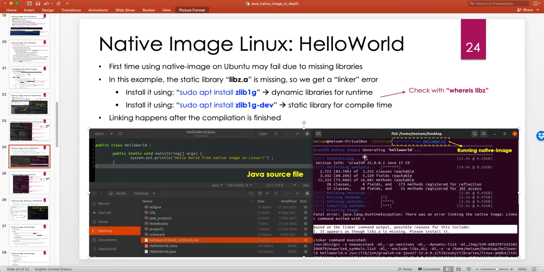As you can see, the first time I ran it, it was successful until creating image, and it gave me a fatal error. Java lang runtime exception. There was an error linking the native image. Linker command exited with 1. And so the compilation was successful, linking failed. And the reason linking failed is because the linker